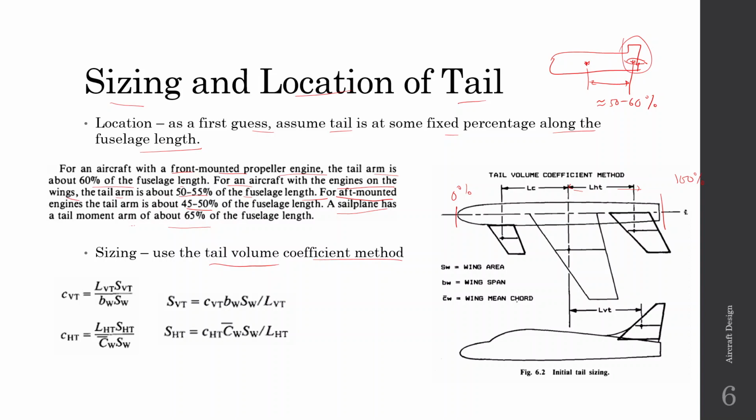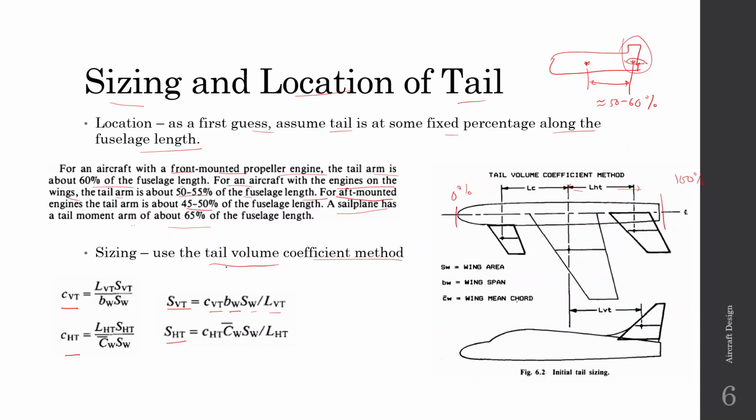So let us say that we are developing some class of aircraft. We can use statistical data to find out values of CVT and CHT, and we know the rest of the values of the volume coefficient. So then we can solve and find the tail surface area. If you invert this ratio, you get SVT equal to CVT times B wing times S wing divided by LVT,